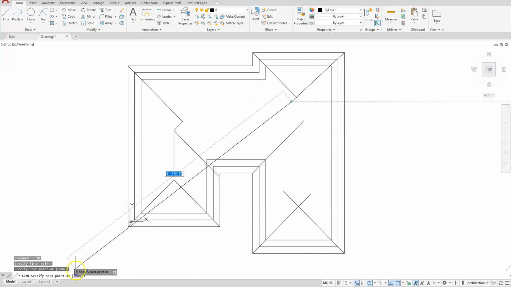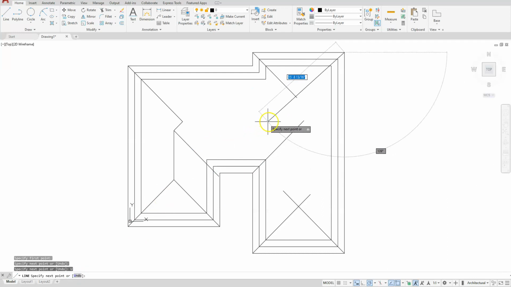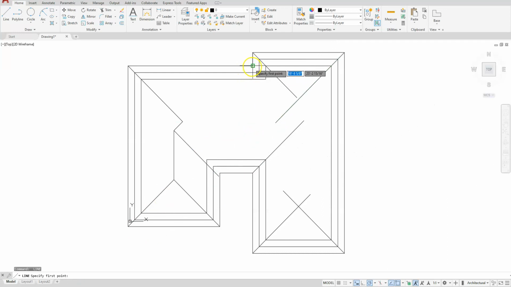Now let me undo that line. It didn't look like it snapped on the 45 degree. Then I will create this line going here. Okay, so let's go ahead and draw a line going straight down from here to this direction, and wherever it intersects at,